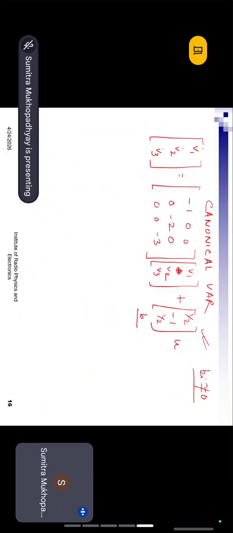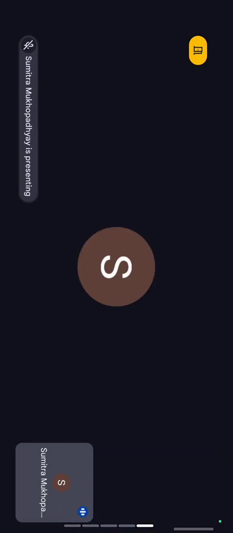I told you earlier that matrix diagonalization we have to find out. These are all the eigenvalues of the system: minus 1, minus 2, minus 3. They are the poles of the system also. Eigenvalues are actually the